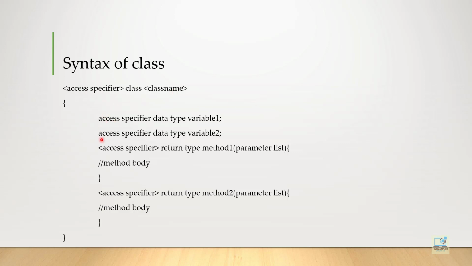So this is how you specify the data members. You write the access specifier, which is optional. Then you write the data type and the variable name. And when you define any method, this is how you define with access specifier, return type, method name and parameter list. About methods, I have already created 2 videos previously in which I have explained in detail everything about it. So if you have not seen those videos, for learning about methods, you can watch those videos first.